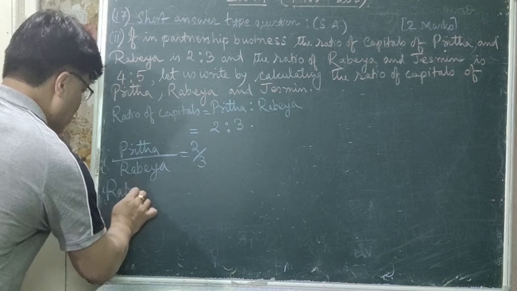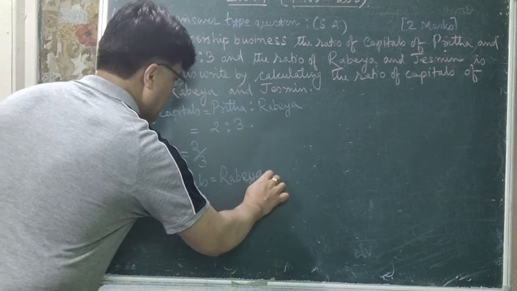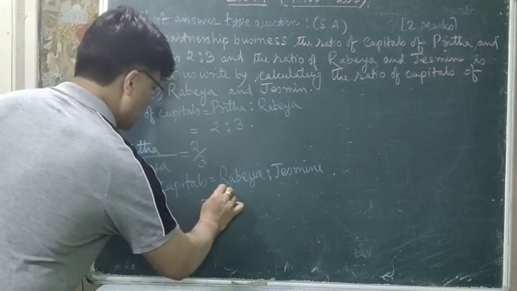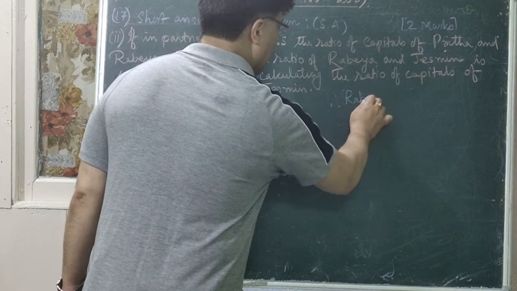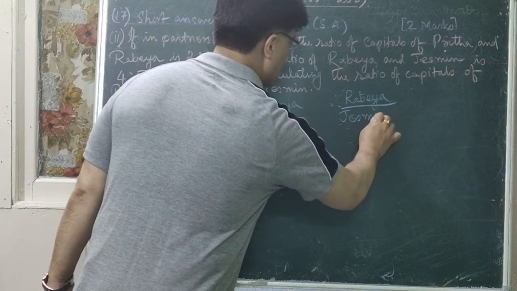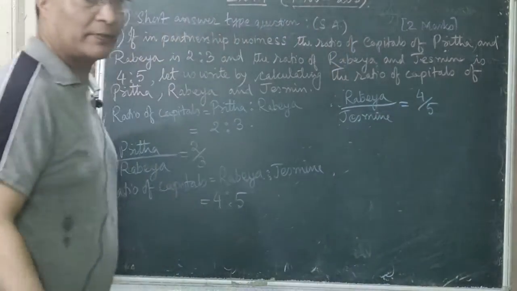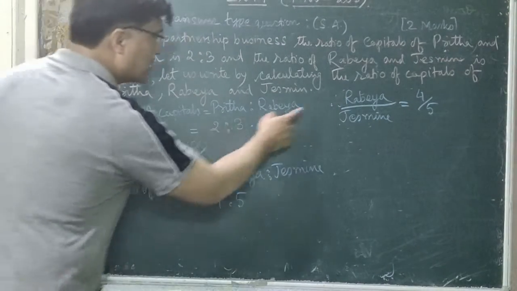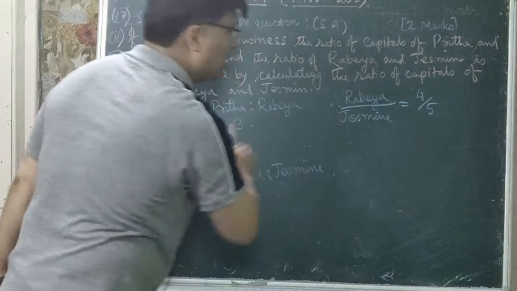So ratio of capitals is equal to Ravia is to Jasmine. Ravia is to Jasmine is equal to how much is it? It is 4:5. So now we can write it in terms of fraction here also. That is Ravia divided by Jasmine, which is equal to 4 divided by 5. ठीक छ, हामीले फ्र्याक्सनमा चेन्ज गर्यौं. So what do we see here is that रबिया यो दुईटैमै छ यहाँ पनि रबिया छ यहाँ पनि रबिया छ. यहाँ रबियाको इक्विभ्यालेन्ट नम्बर कति 3 यहाँ रबियाको इक्विभ्यालेन्ट नम्बर कति छ 4 यो 3 र 4 लाई चाहिँ हामी इक्वल बनाउँछौं by